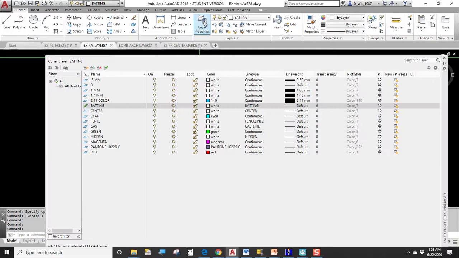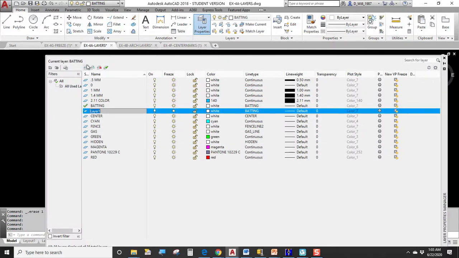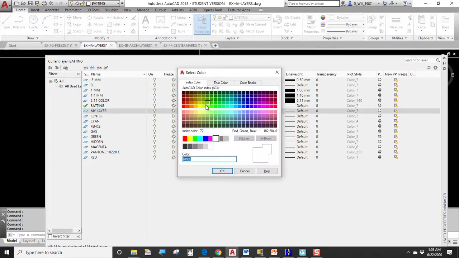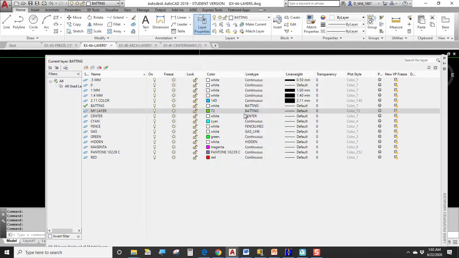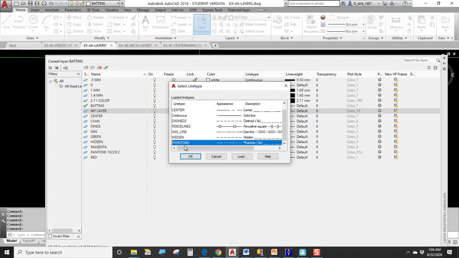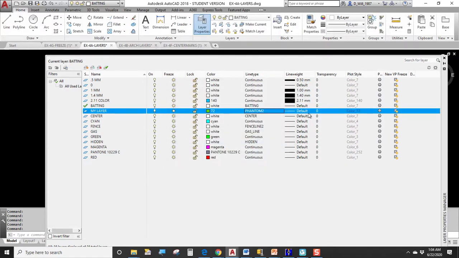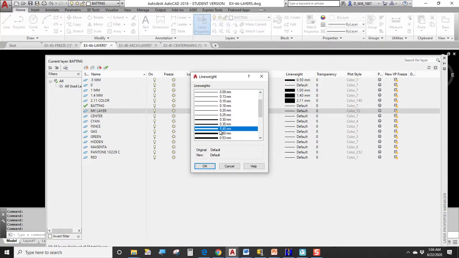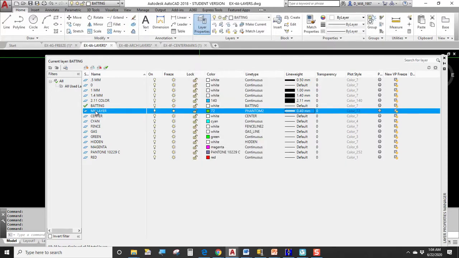Okay, and if you want to make a couple more layers, go for it. Make something called My Layer. My Layer, right? And assign whatever color you want, assign whatever line type you want, assign whatever line weight you want, and just see what it looks like. Okay, we're just experimenting, just playing around, just getting a feel for things. And then when you're done, make it current